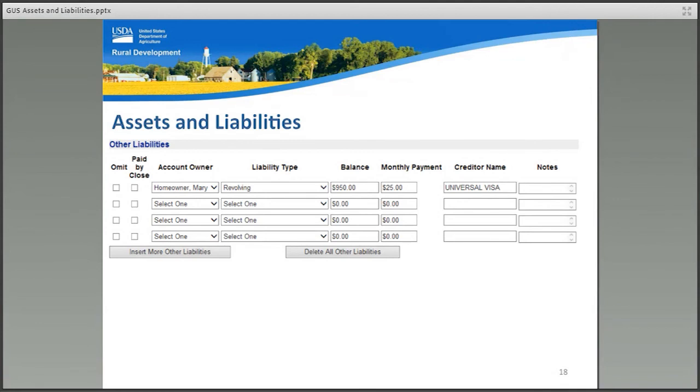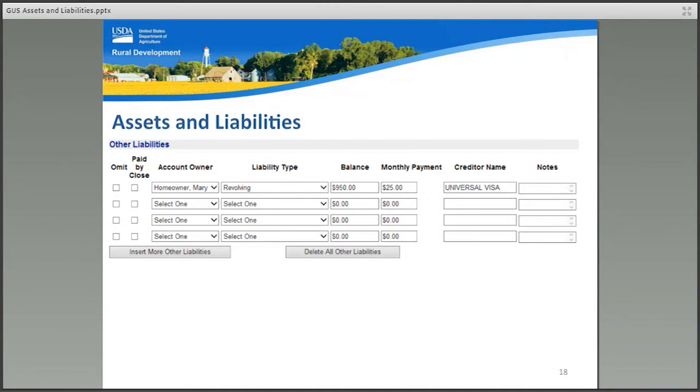And notes. This is a free text data field where the user can enter important or useful information for the underwriter and USDA. A few examples of an informative note would alert the reviewer to 1% of a student loan has been entered, or a collection was omitted because it is medical, or a liability was omitted because it was included in a bankruptcy in 2014.